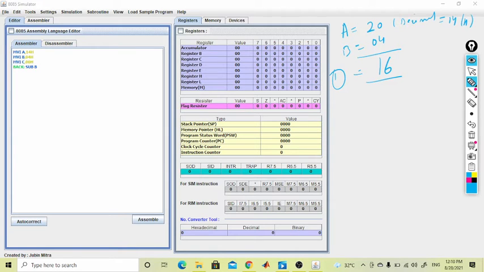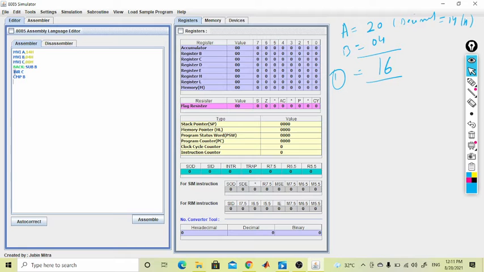First we will write the program. Now we increment the counter after one subtraction, INR C, increment C. Now we compare with the accumulator again.